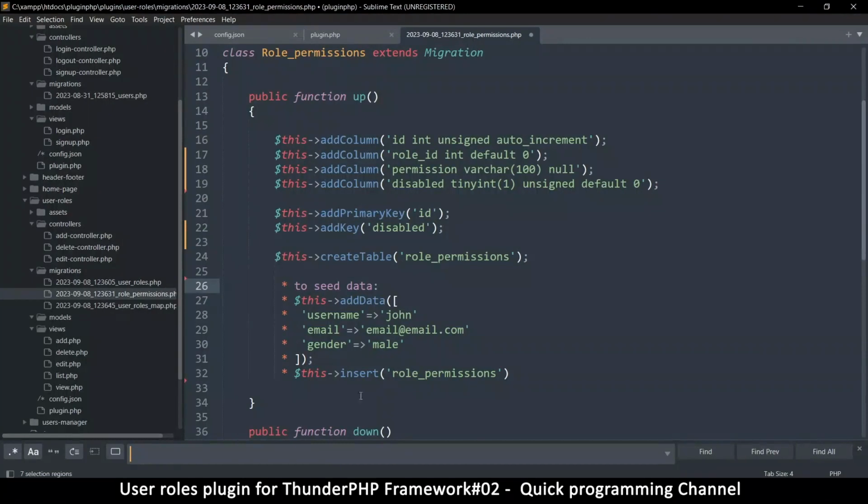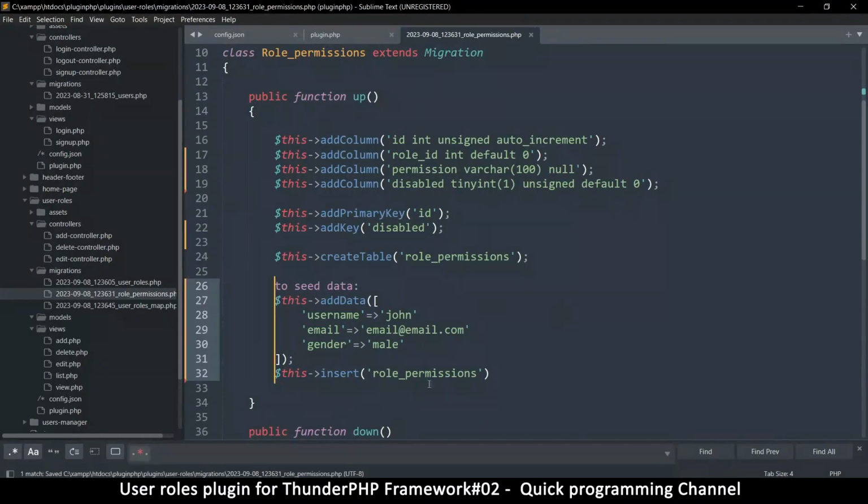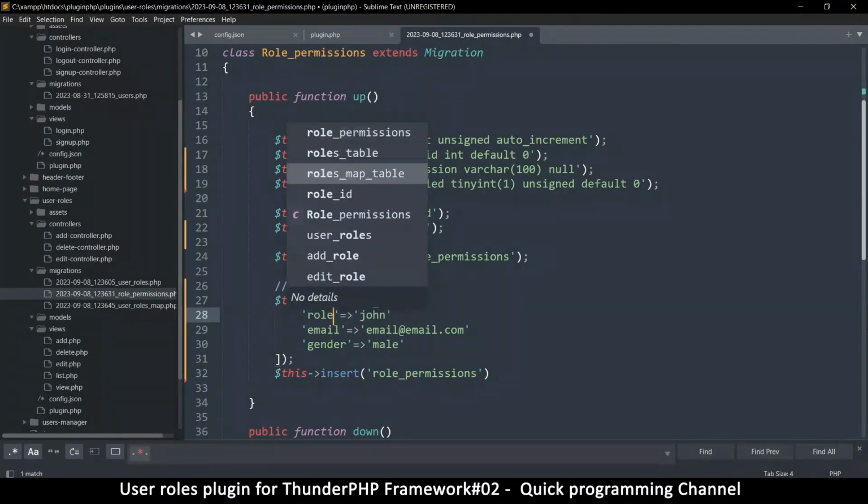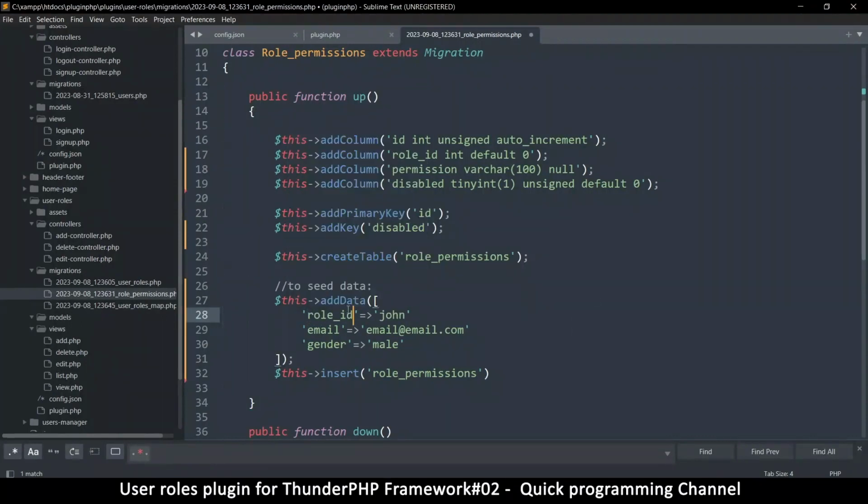What have I done? Like so. Okay. So we could add one row here, and we expect admin to have an ID of 1, so row ID here should be equal to 1. All right, and then